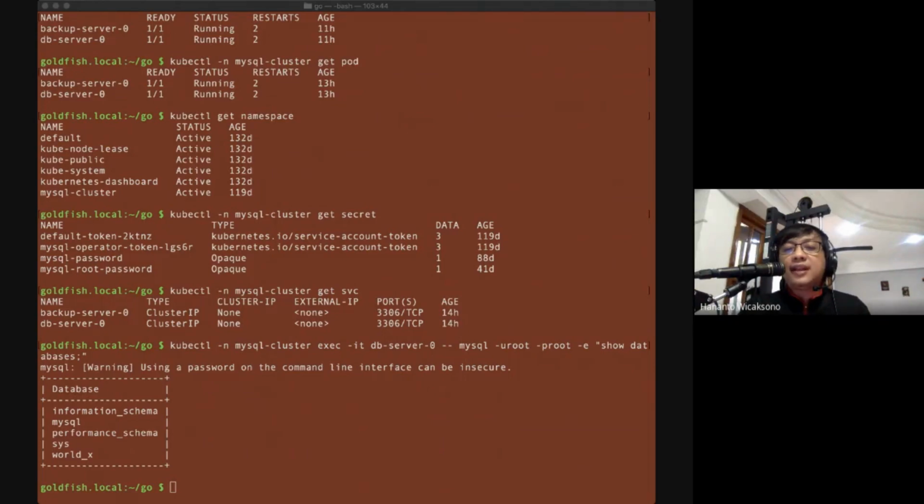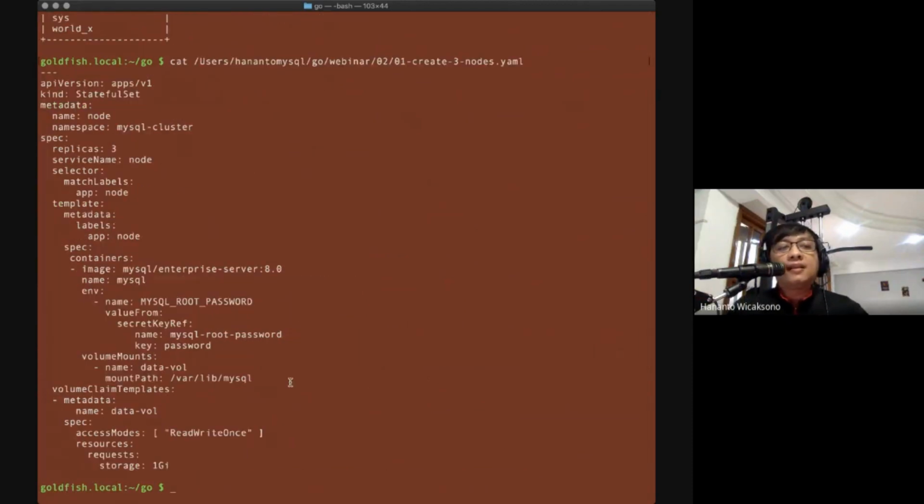So in order to create 3 MySQL nodes on Kubernetes, this is the YAML file definition, as you see over there. Sorry. Namespace is mysql-clusters. The name is node, and I specify that this YAML file is a StatefulSet YAML file. And this is the image, and then this is the replica count. Once I apply this YAML file, I will get 3 additional pods running in